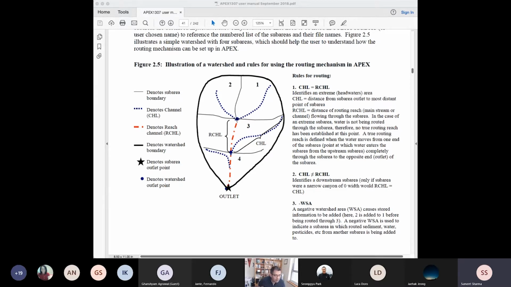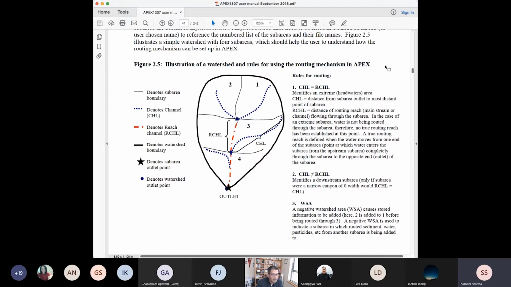So what we are going to do this afternoon, before we do the model calibration validation, is we are going to go a little bit over how we set up the watersheds, the different sub areas, or if you want, how we connect two fields together. In order to do that, the first thing that you need to take a look at is this description